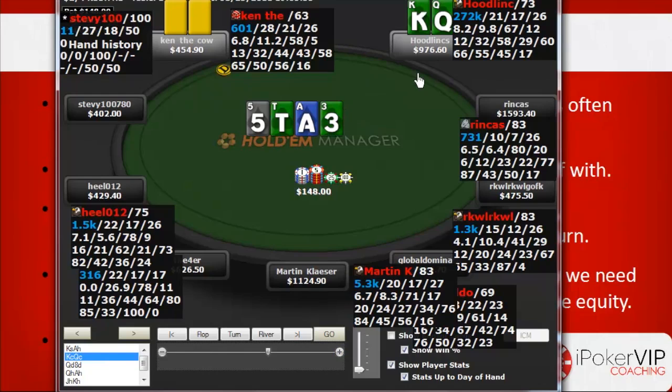Now it turns a club, giving me a flush draw. This is a spot where I think a lot of people would just check and give up, figuring that his range is decently strong once he calls on ace 10-5, but I think this is a really mandatory 2-barrel. And the reasons are basically